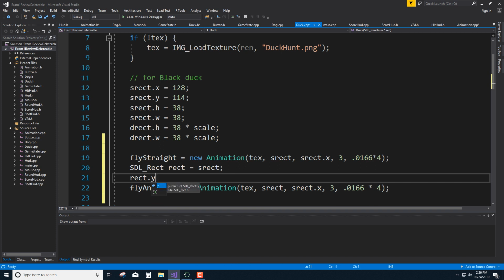The X will be the same, the Y will be different. So we're going to move down